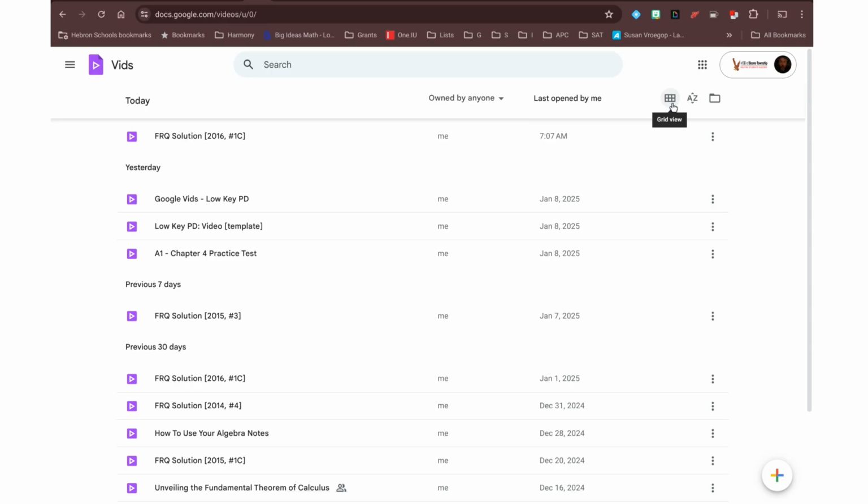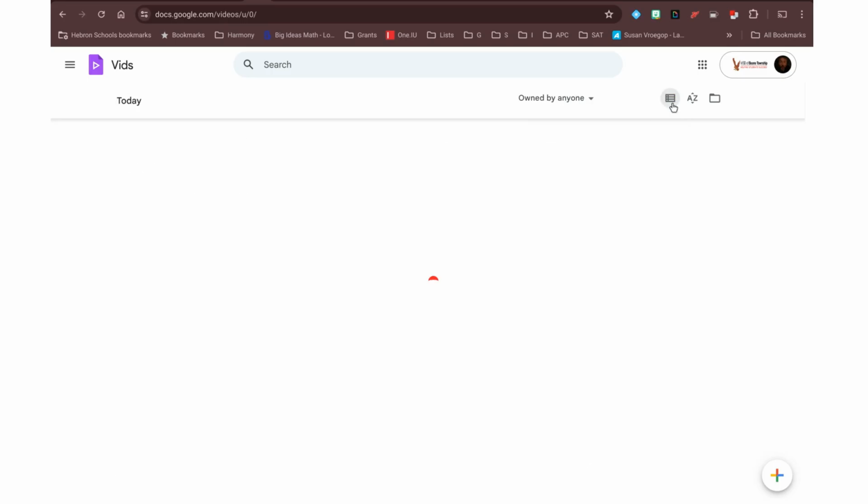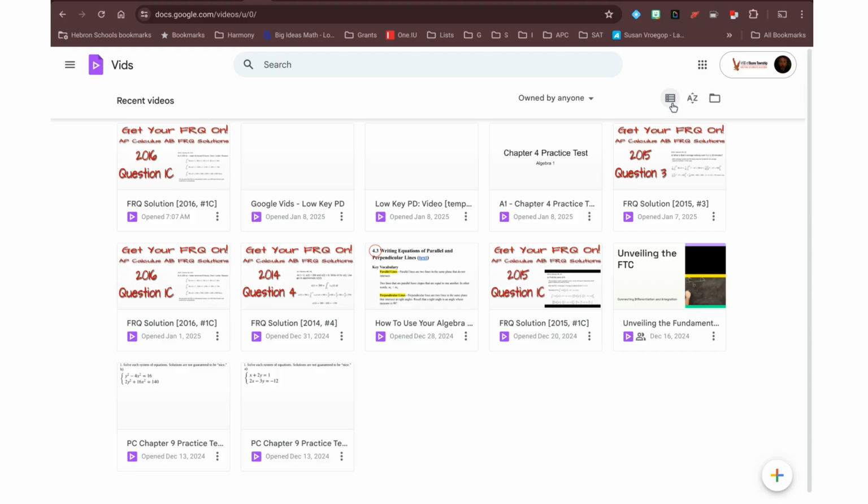This button right here, this is your view selector. Right now I have it in list view. If you click on grid view, you'll see all of your videos turn into little tiles. You can sort your videos: last opened by me, last modified by me, last modified by title, and you can